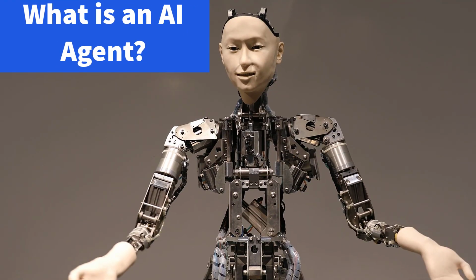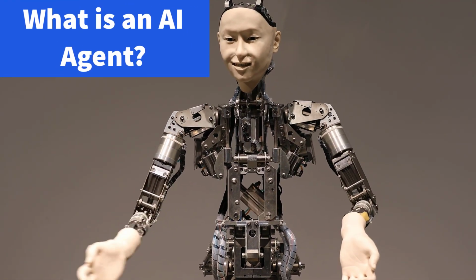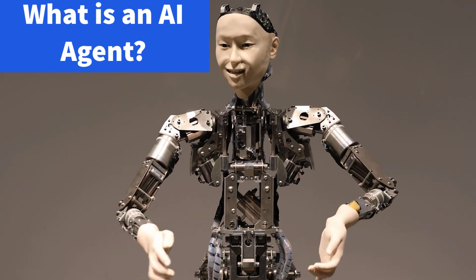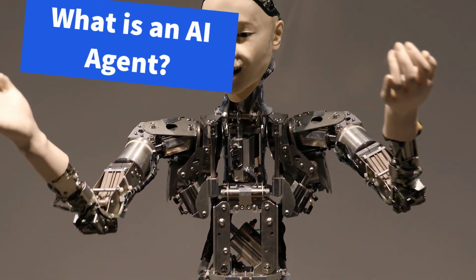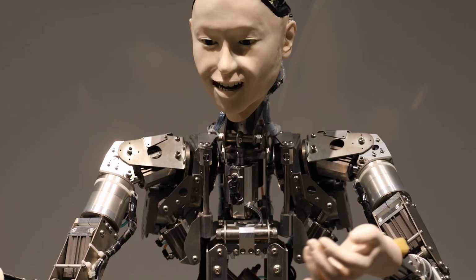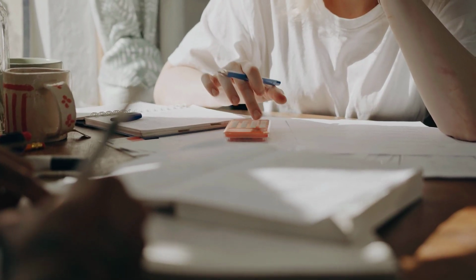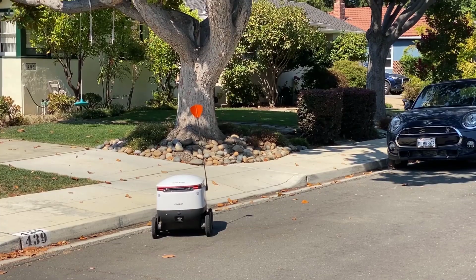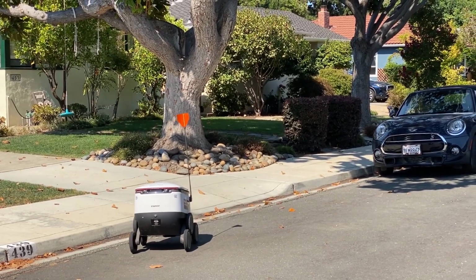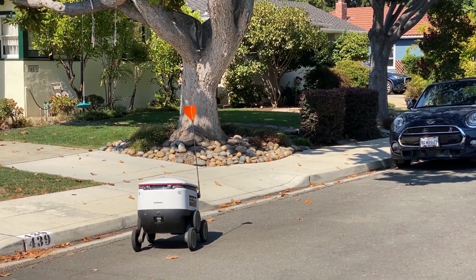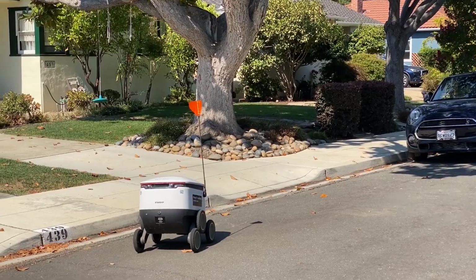An AI agent is a system that observes its environment, processes data, and makes decisions automatically. Think of it like a smart assistant that continuously learns and improves. AI agents can be simple, like a calculator, or more advanced, like self-driving cars. Now let's look at some AI agents you use in your daily life.